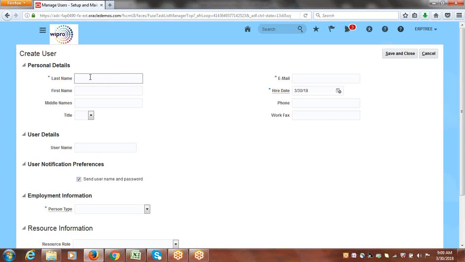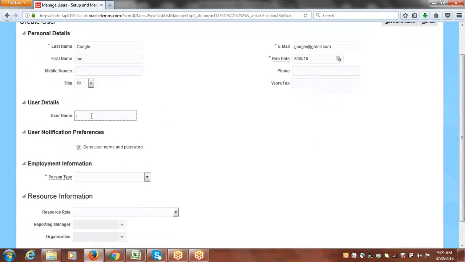Here, last name, employee last name. Here we'll go with Google only, person name or username or everything. These are the employee details, but I'm just entering the company name. And here you have to provide the username. Say Google. I want to give the login name for this employee as Google, and you have to select